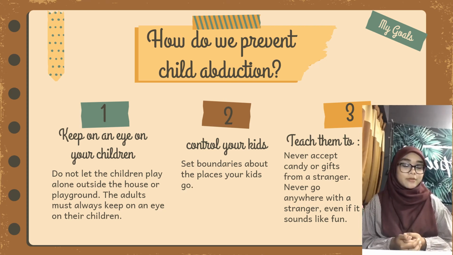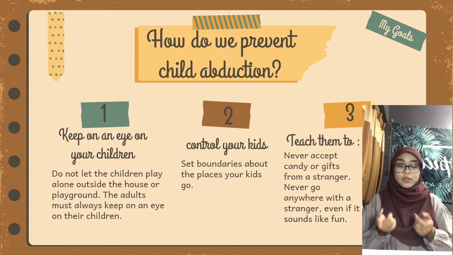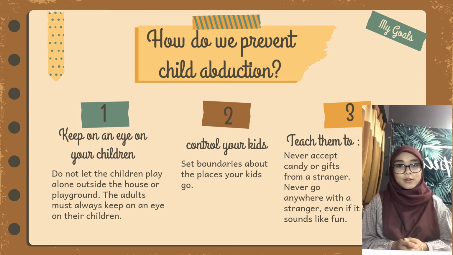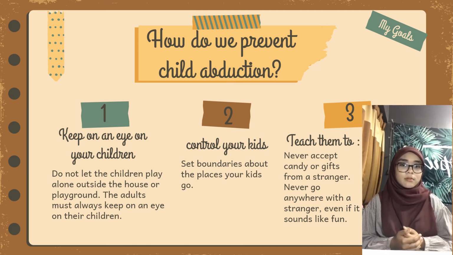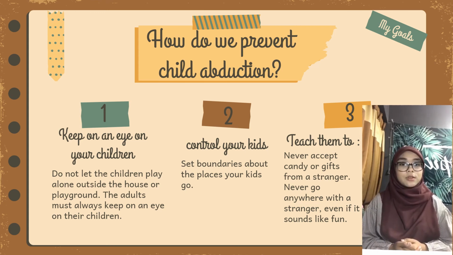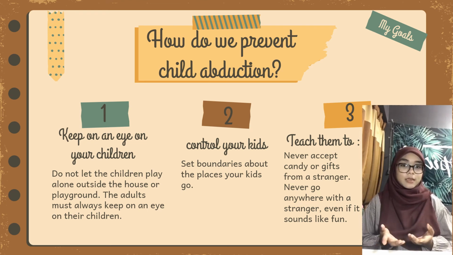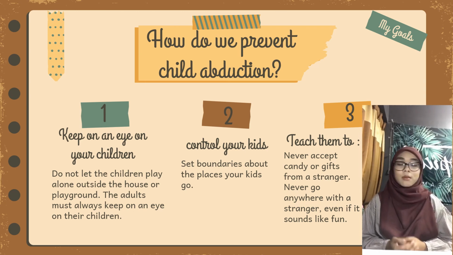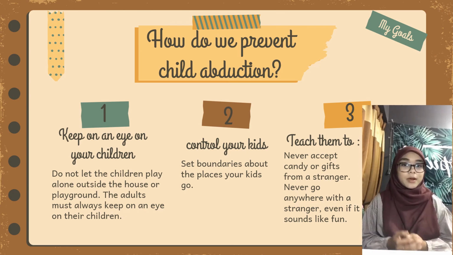So, how do you prevent child abduction from happening to you and your children? First of all, of course, we should keep an eye on our children. Never leave kids alone in a car or stroller, even for a minute. This might surprise you of how bad it could be. Other than that, you need to control your kids. Even if sometimes they demand to be free, you still need to supervise them in places like malls, movie theaters, parks, public bathrooms, or even when they are fundraising from door to door.